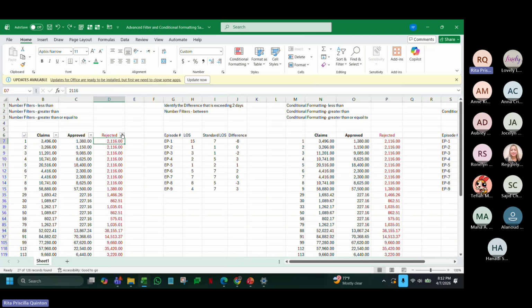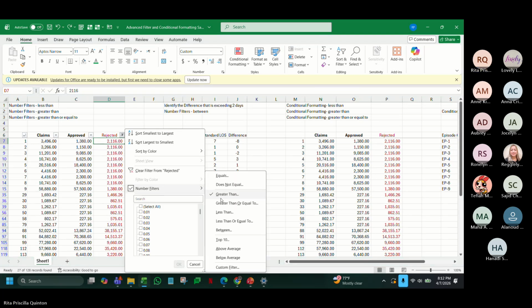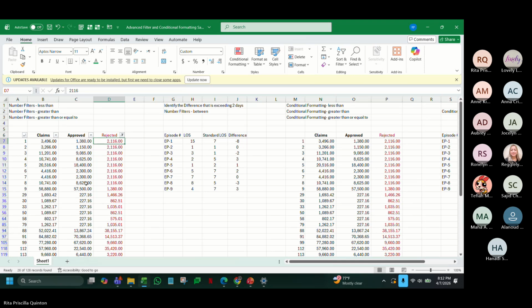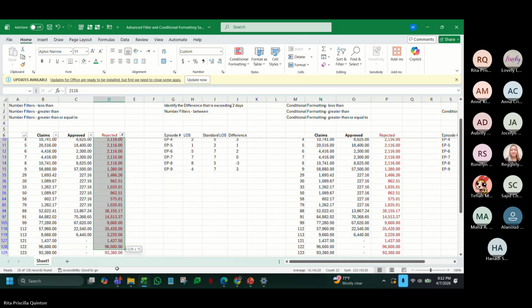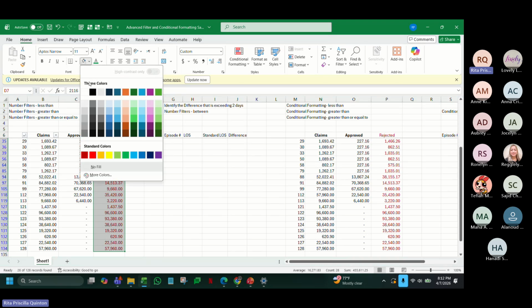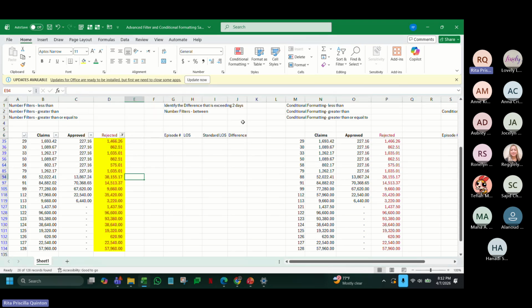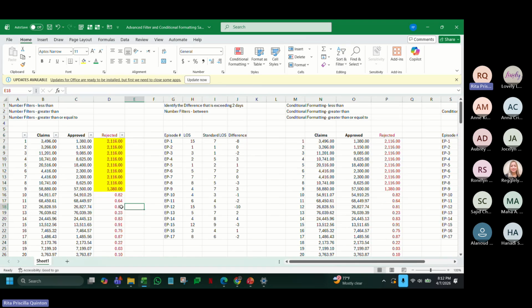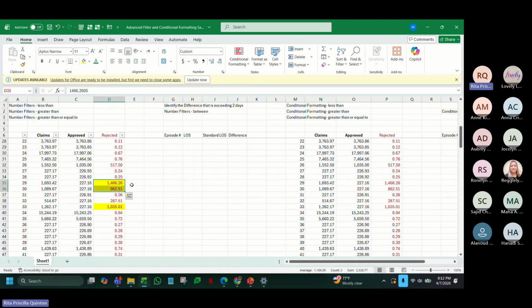And if I want to keep that amount, you can do more than 575, like this, or equal to, or greater than 575.1. And then now you can do your highlighting or whatever you want to do on that one, or work on the rejections now. So at least if you scroll down, you will only see those priority.